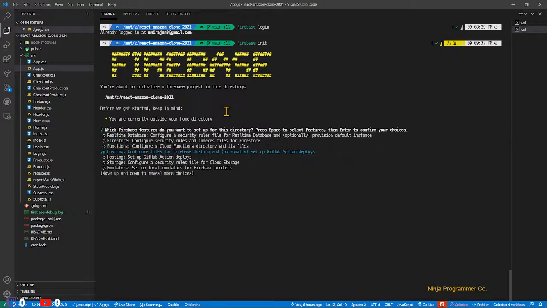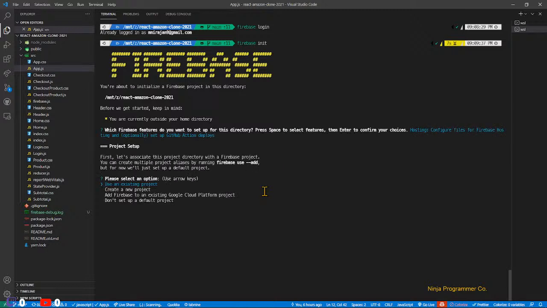So in hosting, I configure files for Firebase hosting, and optionally set up the GitHub action deploy. So the upper one, not the setup GitHub action deploy. Hit page up or page down to navigate to hosting, and hit space to tick that option. Now hit enter. If you have not created the project, you can create a project in Firebase,